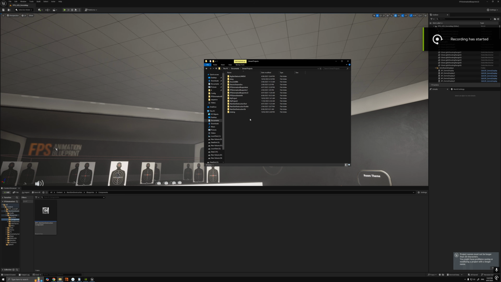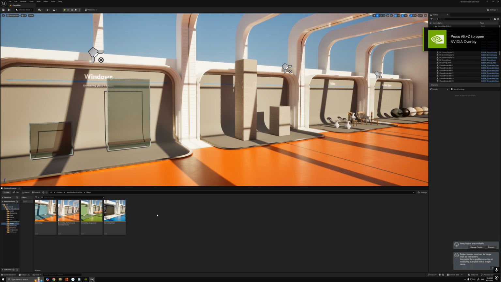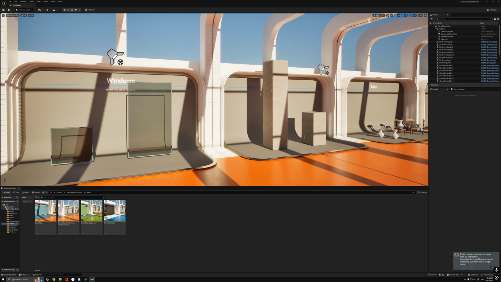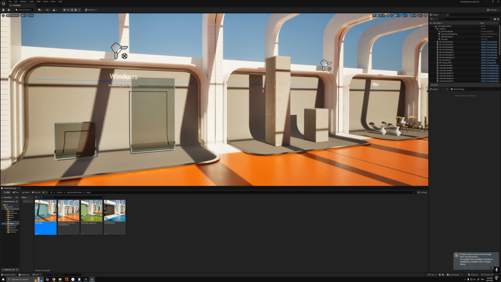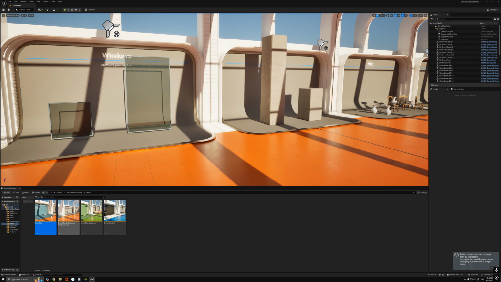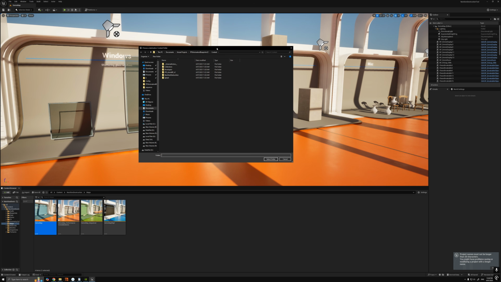And then what you want to do is open your next-gen destruction toolkit where you've downloaded it, and we're going to migrate the files over from there. I find the easiest way, unless you want to get just specific things, is to migrate this entire map here, because that has all the destructibles in it, the logic, all the stuff that you need to port into your own project. So I'll go asset actions on the demo map, migrate, all of this will be checked, which is fine. And then choose your target project, content,